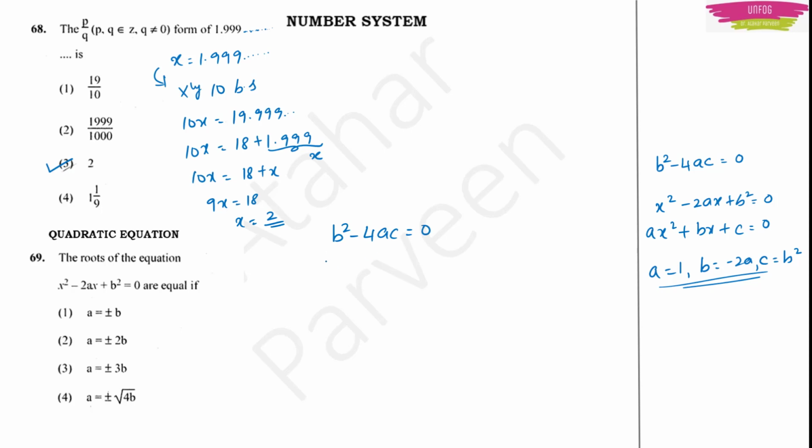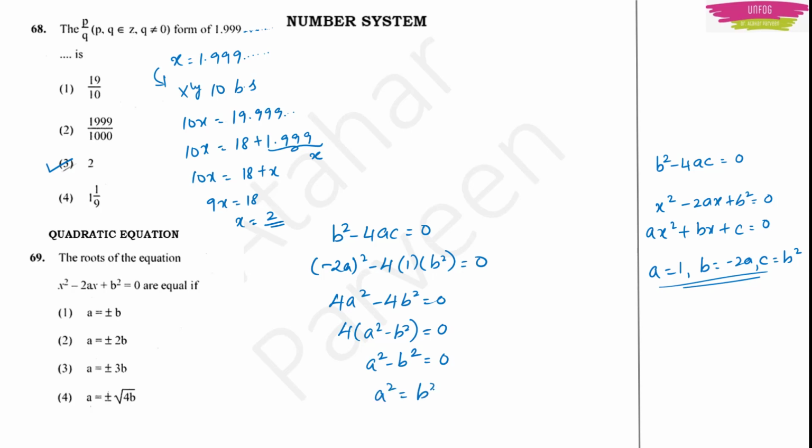Here what is the value of b? Value of b will be minus 2a. Substitute minus 2a whole square minus 4 into a, which is 1, c will be b square. This will be equal to 0. Then it comes out to be 4a square minus 4b square is equal to 0. Take 4 common, you will get a square minus b square. With 4 common, this will become 0, and 4 also will go to the right hand side and disappear. A square minus b square will be equal to 0, or a square will be equal to b square,